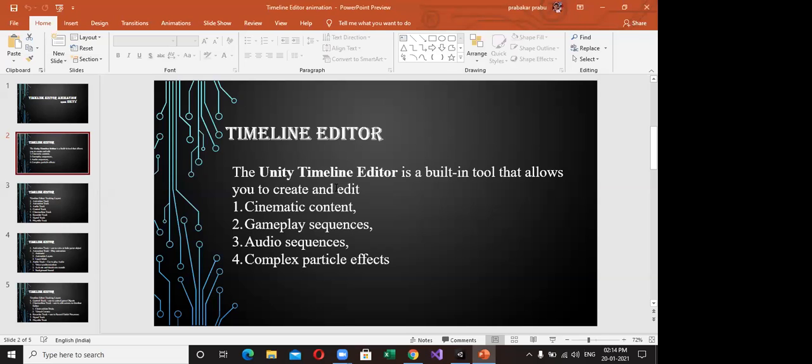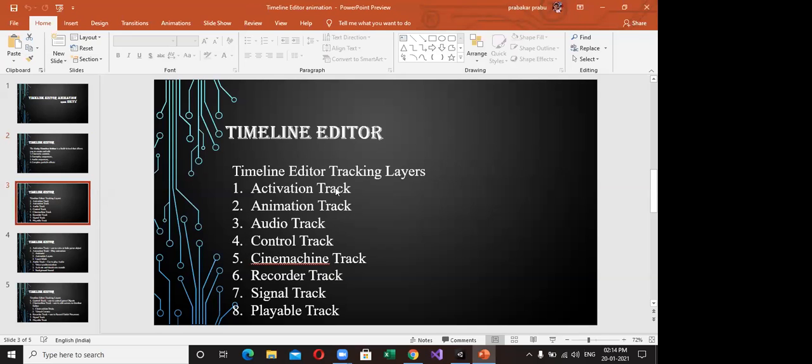What is the first thing? Activation track. The activation track is used to switch on and switch off your game object, so you can activate or deactivate it. Second, animation track: your character animation, movement, rotation, everything is under animation tracks.